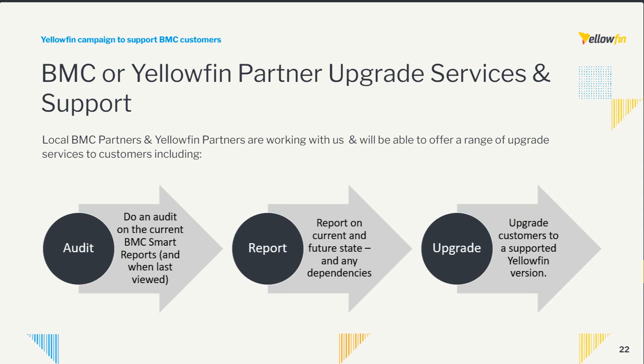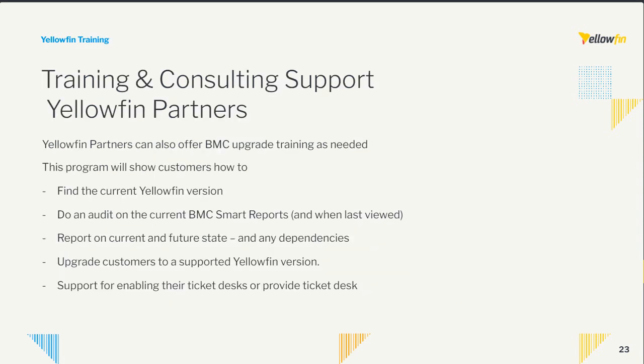So we're not going to just throw this over to you and leave you on your own. We do have expert teams that have done it and are working on these projects right now. And we have a number of former BMC customers now working with Yellowfin successfully. So I've talked a little bit about the consulting support with Yellowfin partners, and I think this slide